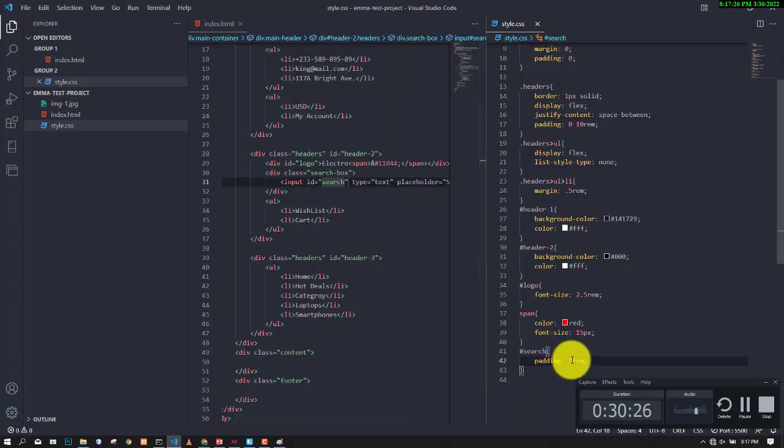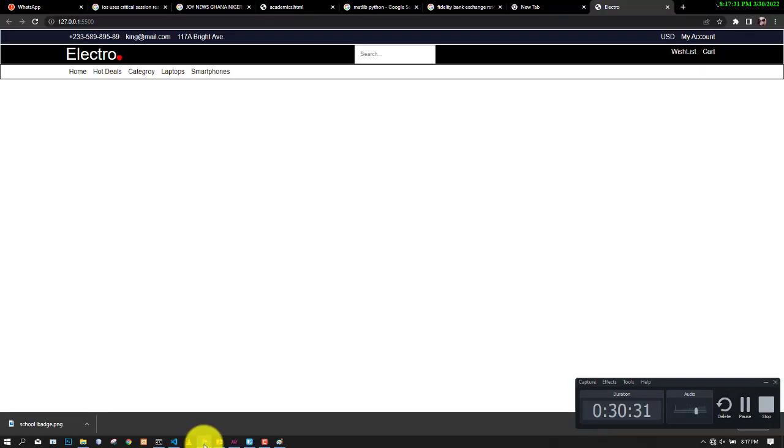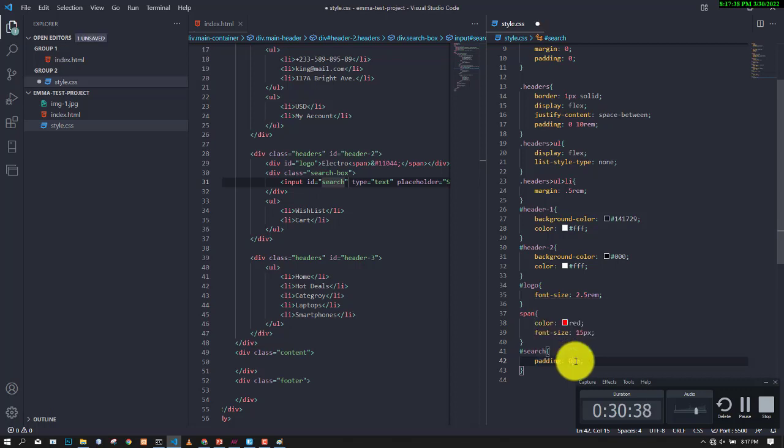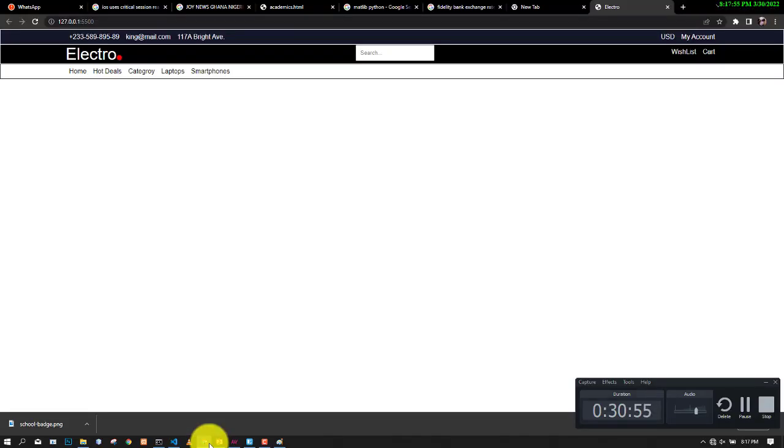But let's reduce it a bit. Let's make it M and see if it will reduce more. I didn't mind, so let's reduce it to about, let's use pixels. Okay, so let's say 20 pixels. Hey, 20 pixels is really big. Let's make it 10 pixels. Okay, this is much. Okay, right, but we want it to be long, right? We want it to be long, so